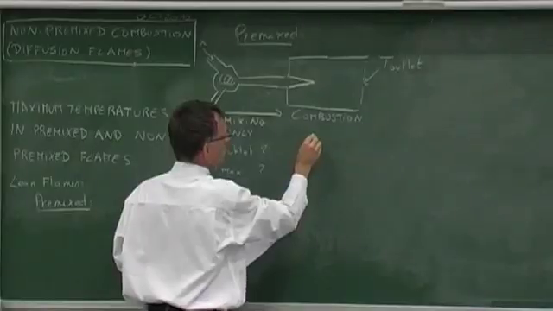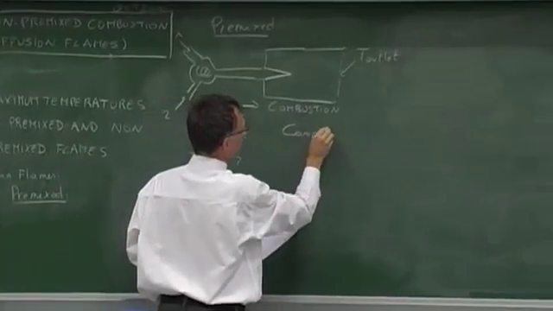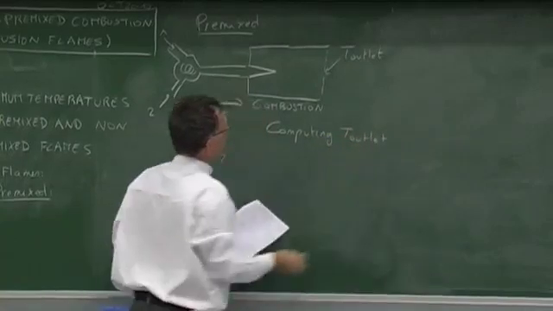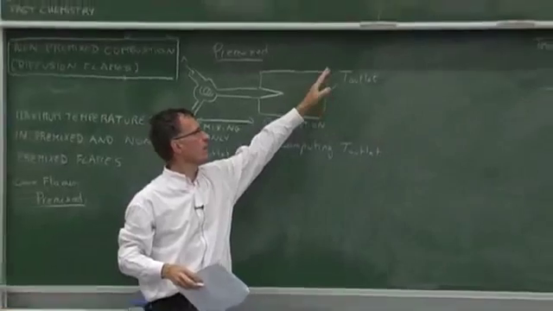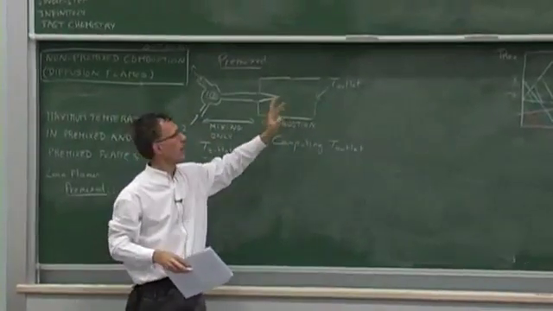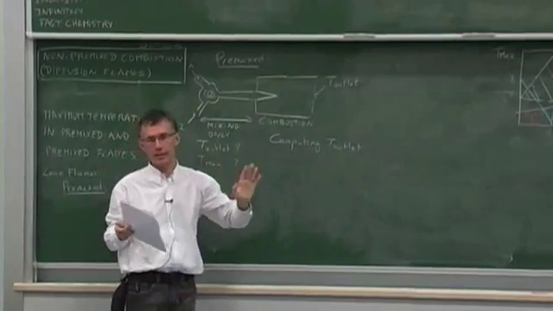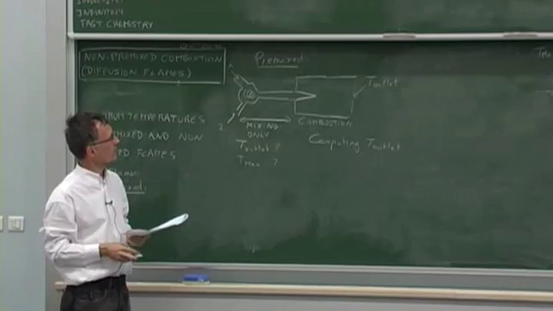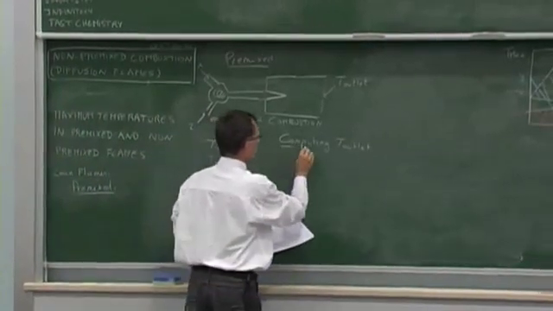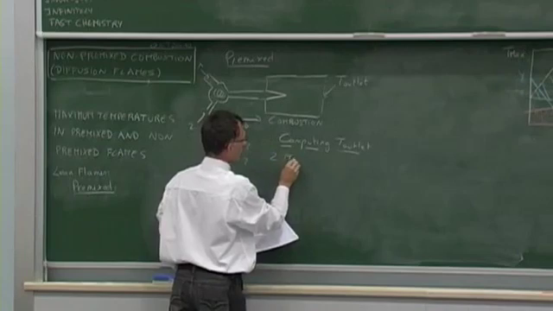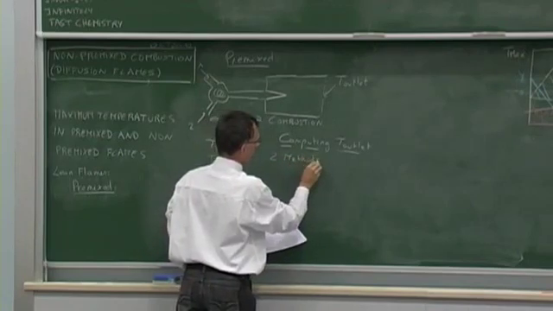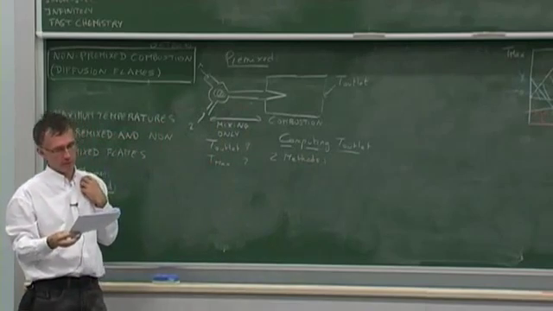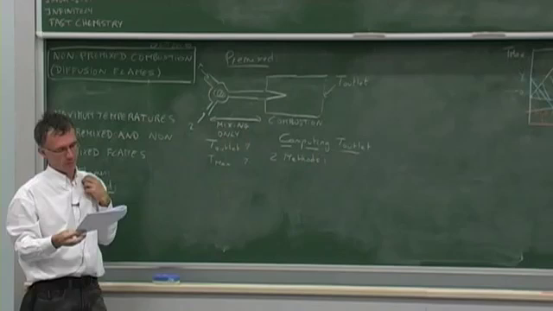And let me start by computing T outlet. We assume here that this part is long enough that T outlet is completely homogeneous here. And we assume there are no heat losses. Everything is adiabatic. So we're just going to have a simple case which corresponds to most gas turbines, for example. There are two ways to compute T outlet. We have two methods. I'm going to use the two methods for you because this is typically the kind of things you will have to do when we get to the control part of this course.